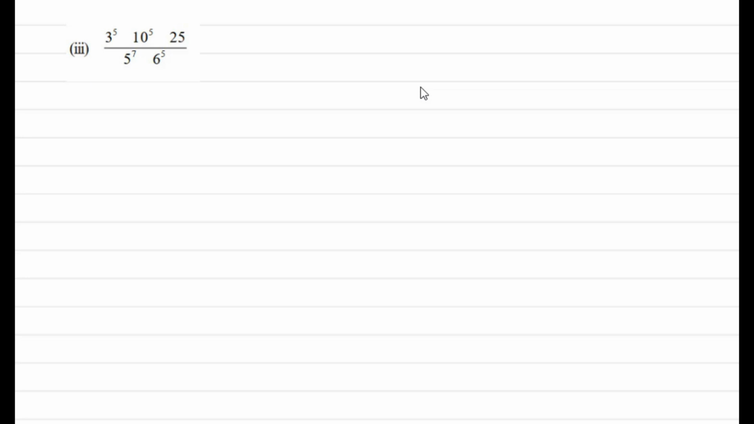Here we have 3 to the power 5, 10 to the power 5, 25 divided by 5 to the power 7 into 6 to the power 5. So here also we'll do the same thing as the previous sum. First we will write the numbers as products of prime factors. So 3 is already prime, so we'll leave it like this. The second one is 10. So 10 can be written as 2 into 5, to the power 5, and 25 can be written as 5